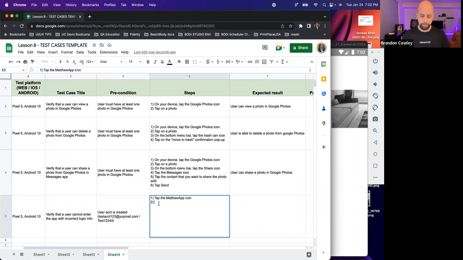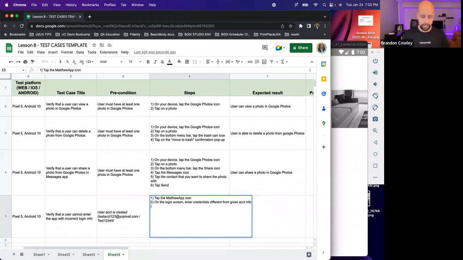So that on the login screen, enter credentials different from given account info, and then I would probably give an example.